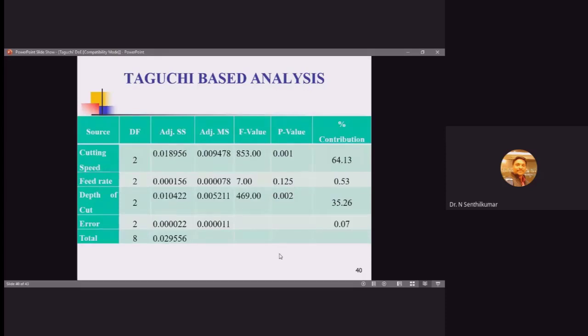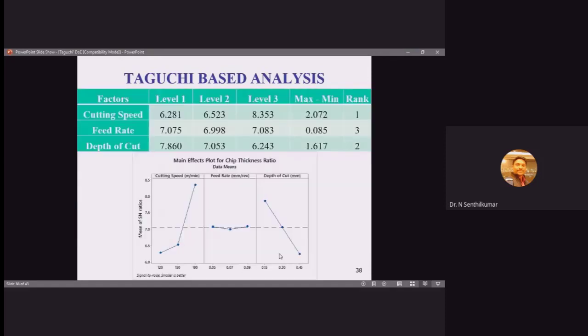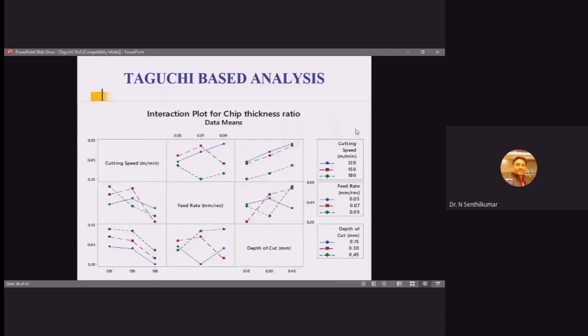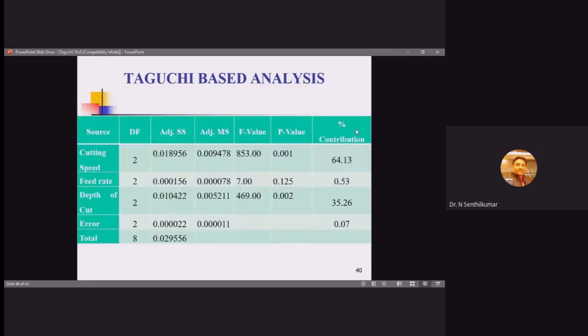Then going on to the ANOVA. So we are telling, statistical tool is being incorporated in the Taguchi's DOE. So by using ANOVA, we are going to identify which is going to influence more, right? Here you can see the ranks, which is going to influence more: the cutting speed followed by depth of cut, then feed rate. But how much, that quantification, that is what Taguchi is telling about, quantification. So how much?